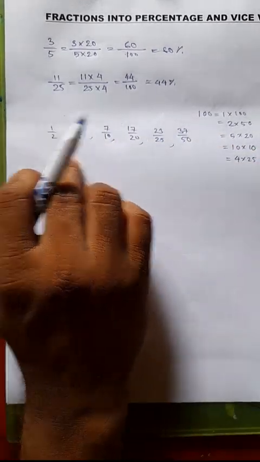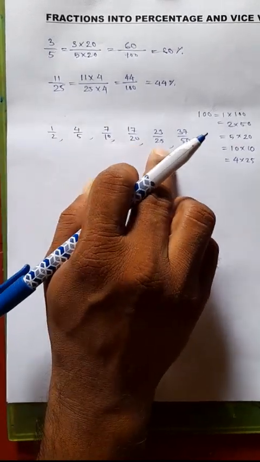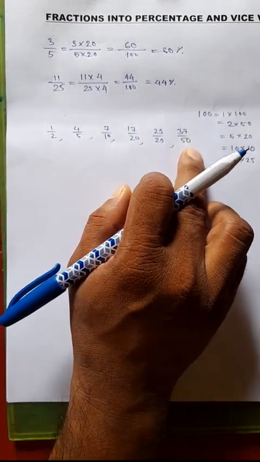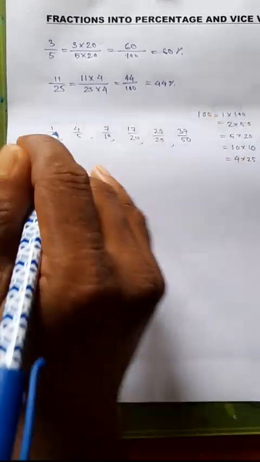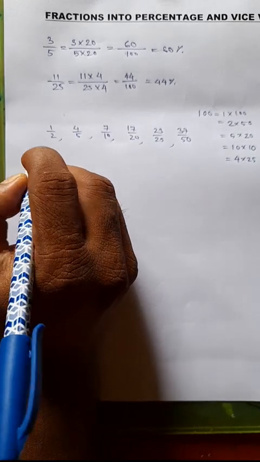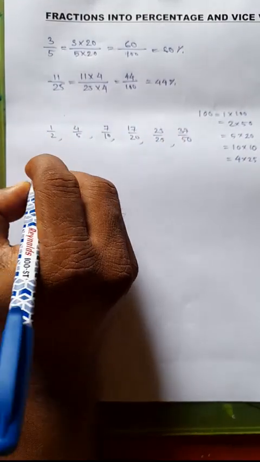If you are given fractions like this with denominators 2, 5, 10, 20, 25, 50, means all these denominators are factors of 100, you can convert this type of fractions into percentage very easily, because